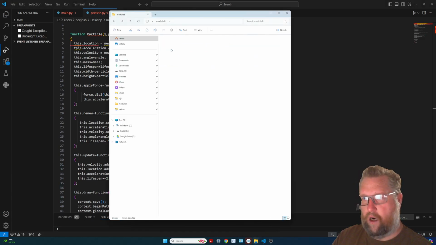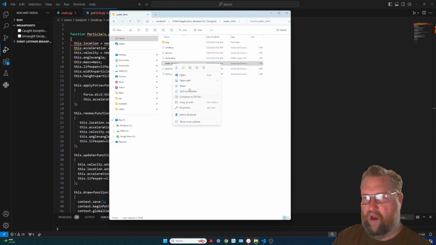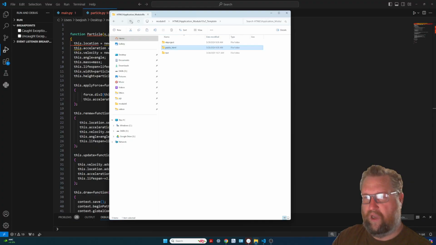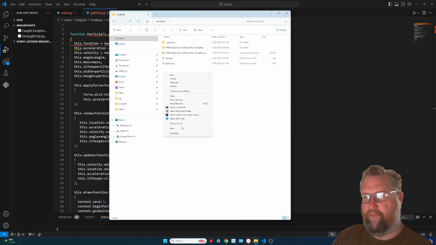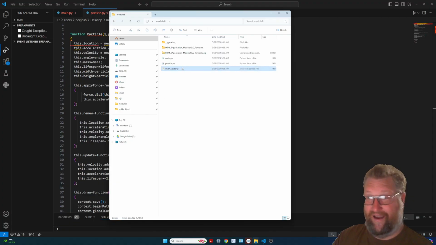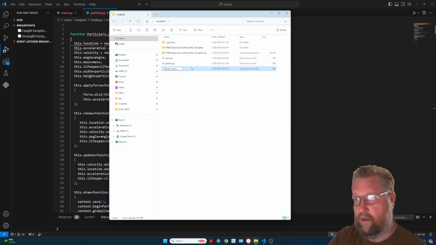I'm going to go back into here, and I'm going to grab out the math vector class. Now we're going to strip this one out heavily. So let's just copy it, and we can come back to it after we strip it out and add back anything that we stripped out that we shouldn't have. Okay, so let's go ahead and rename this to .py, and let's call this p vector